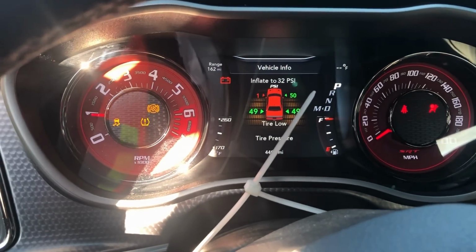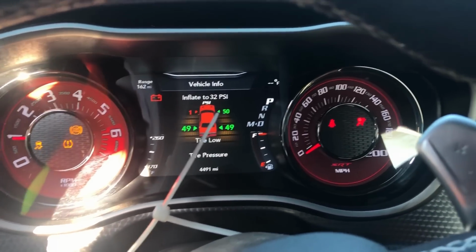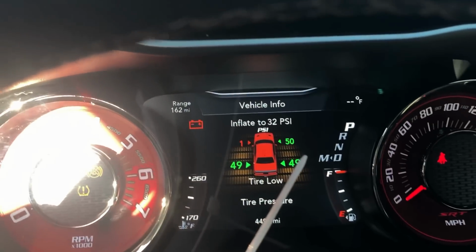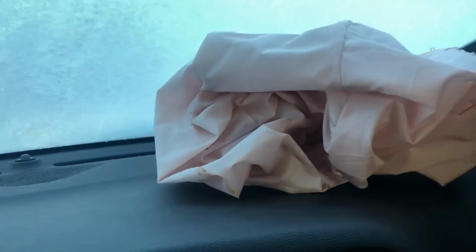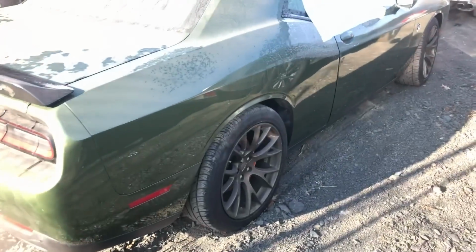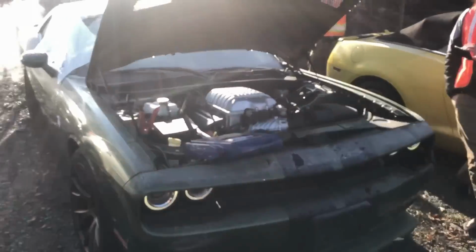Take a look here. ABS light is on, tire pressure, traction control. That's insane. It has a full tank, but the range is 162 miles. I can't believe that. Dash airbag deployed. This one. This front, like there's apparently a little bit of damage on